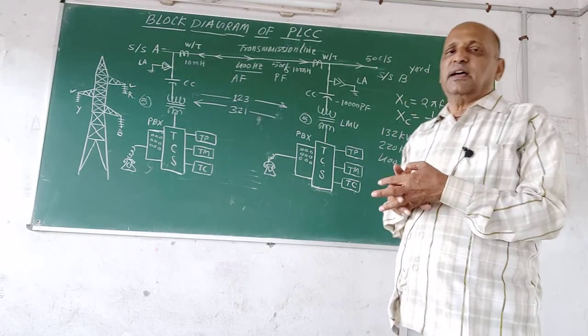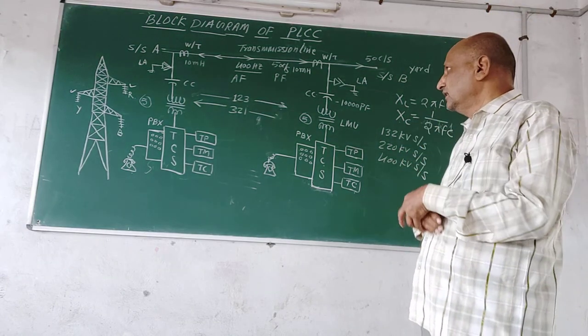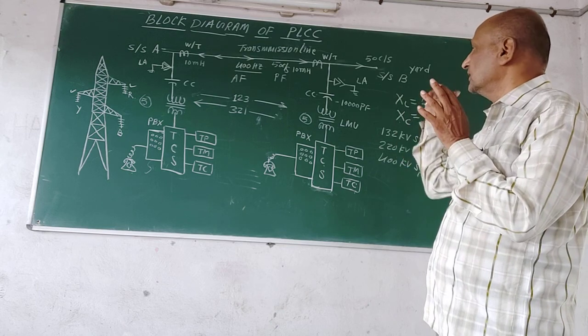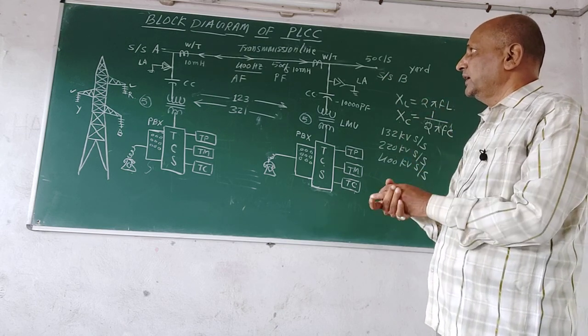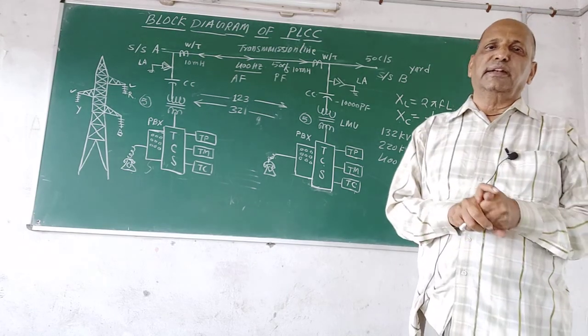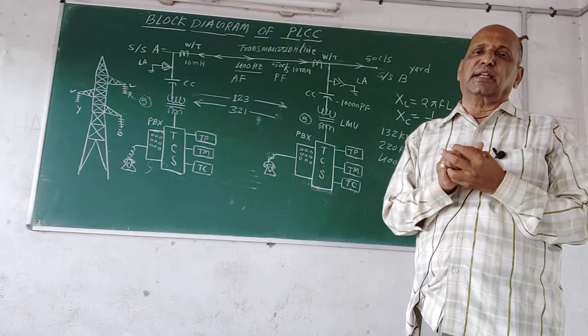So on the same wire, this carrier runs at a higher frequency, so that separation takes place at both substations by providing a wave trap and coupling capacitor, and easily we can talk between substation A and B.